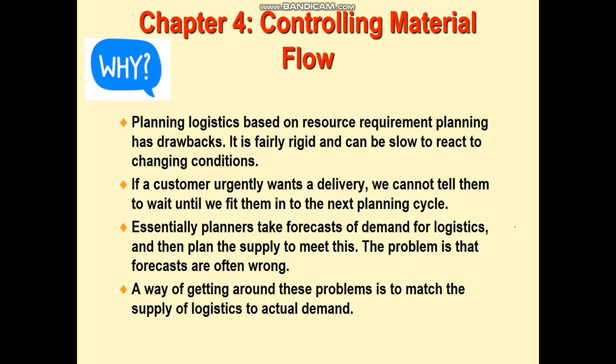However, the customer wants it urgently, so we cannot just leave it there and plan to produce in the next period. So the customer will have to wait a long time. So to satisfy customer requirements, if we use resource planning, we cannot optimize our customer service